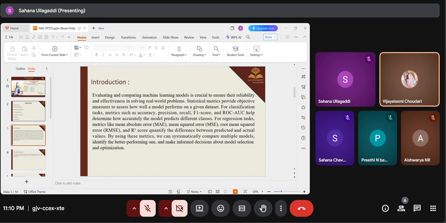Introduction. Evaluating and comparing machine learning models is essential to ensure that they perform well on real world tasks. Statistical metrics provide objective ways to measure the model's accuracy and reliability. For classification tasks, metrics like accuracy, precision, recall, F1 score, and ROC and AUC show how well the model predicted different categories. For a regression task, metrics such as MAE, MSE, RMSE, and R square score quantify how